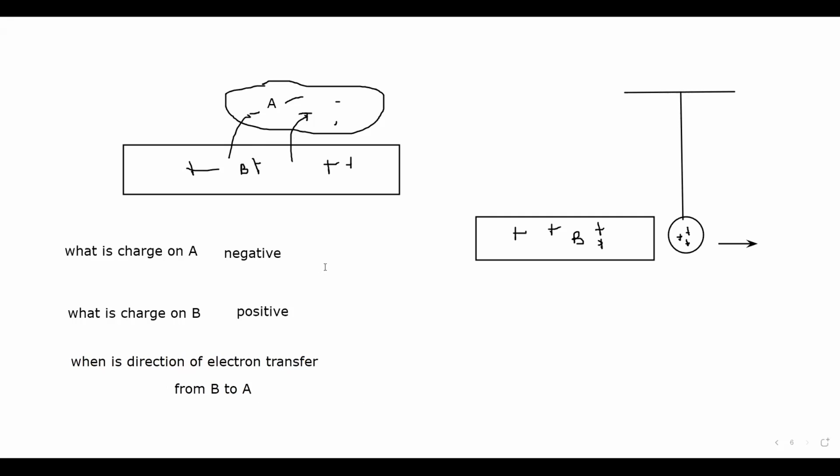Is this example clear? You will find a similar question in exam past papers, where you have to identify the nature of the charge by a small experiment related to electrostatics. So this is the first method of charging. If you want to charge an object, you can charge by